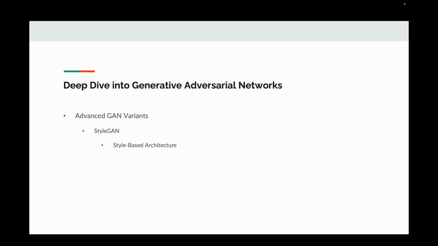Now, the traditional GANs map random noise directly into an image, but StyleGAN introduces an intermediate layer called the style vector, which manipulates various attributes of the generated image. This architecture separates high level aspects, for example face shape, from fine details, for example texture, allowing for greater control over generated